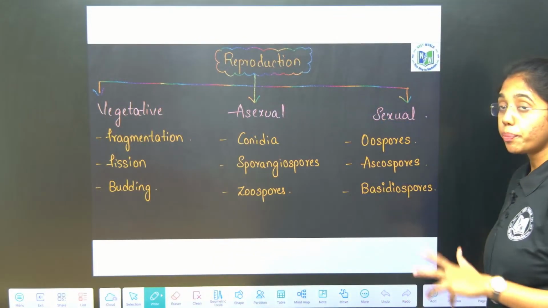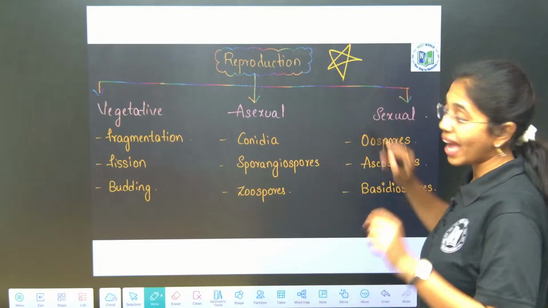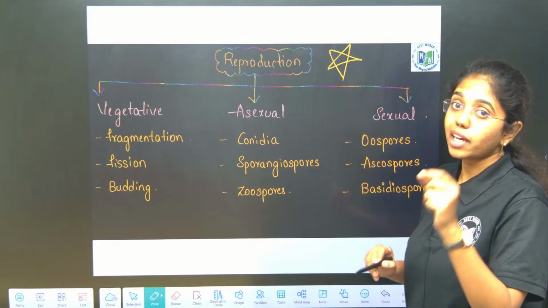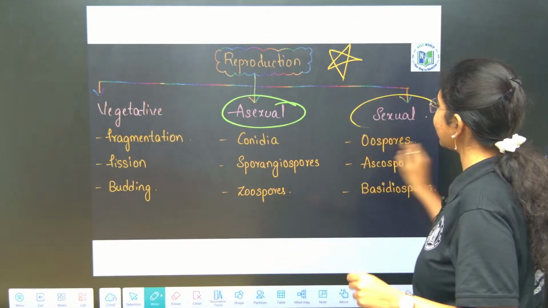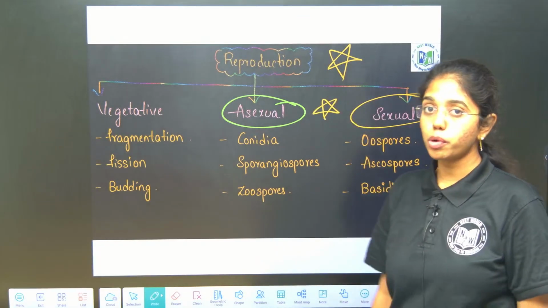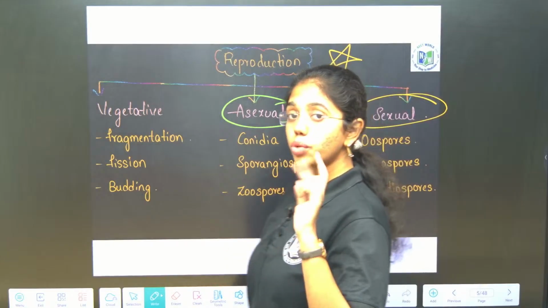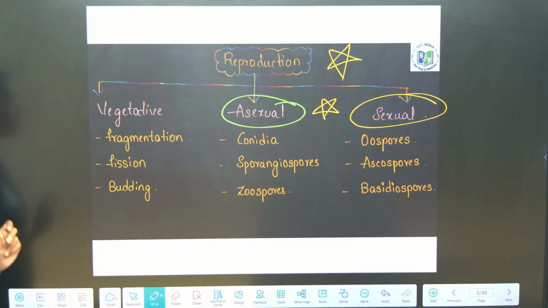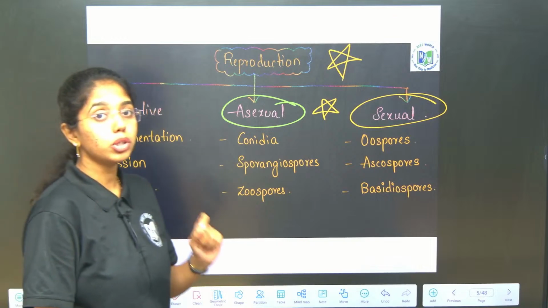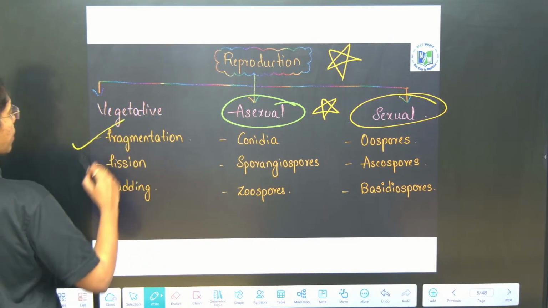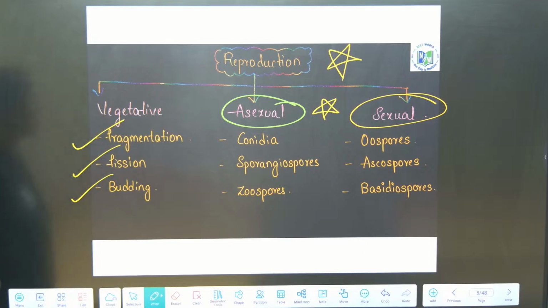Now, when it comes to reproduction, it is very important. Every year or every alternate year in the EAPCET paper you can check, you will get a question on asexual spores and sexual spores, even in the NEET examination. That important it is. Asexual spores and sexual spores of fungi. In connection with living world also they can ask you about them, because fungal reproduction is mostly through spore formation. Here the vegetative modes of reproduction are fragmentation, fission and budding.